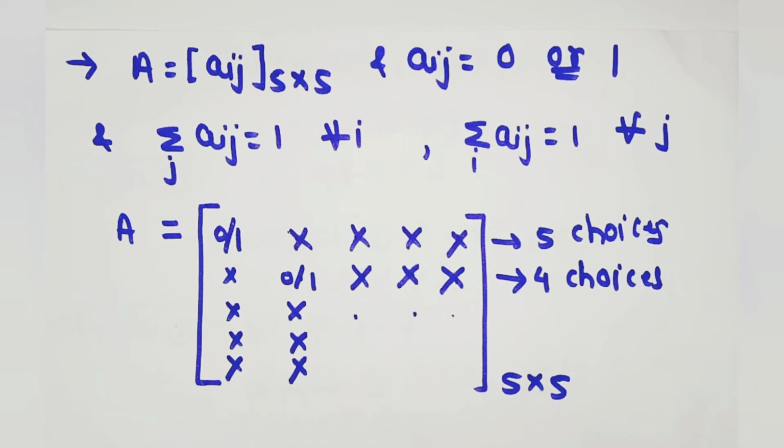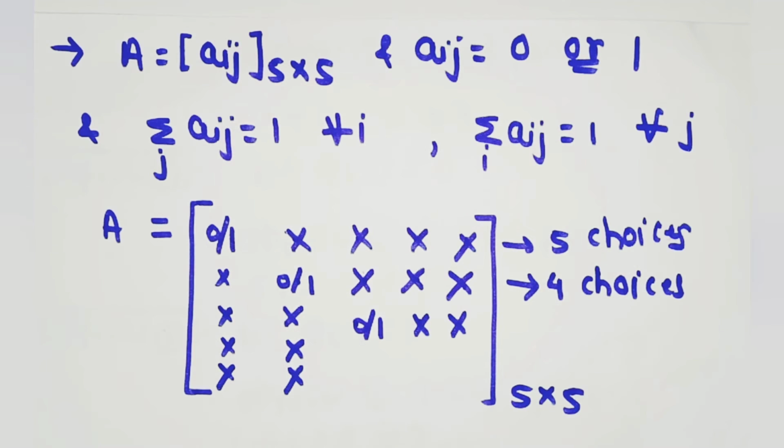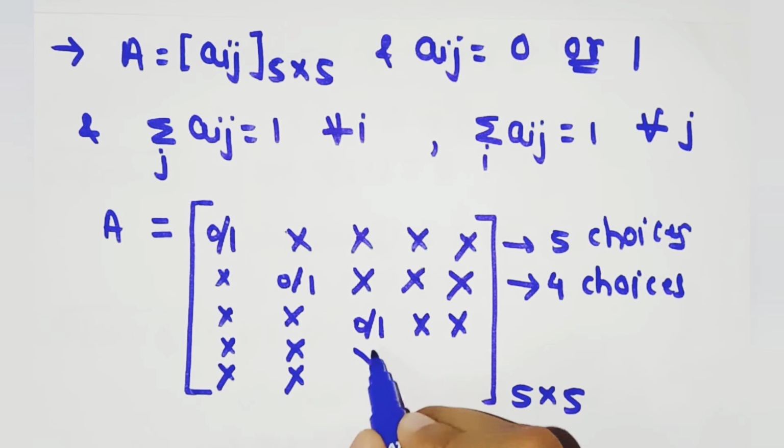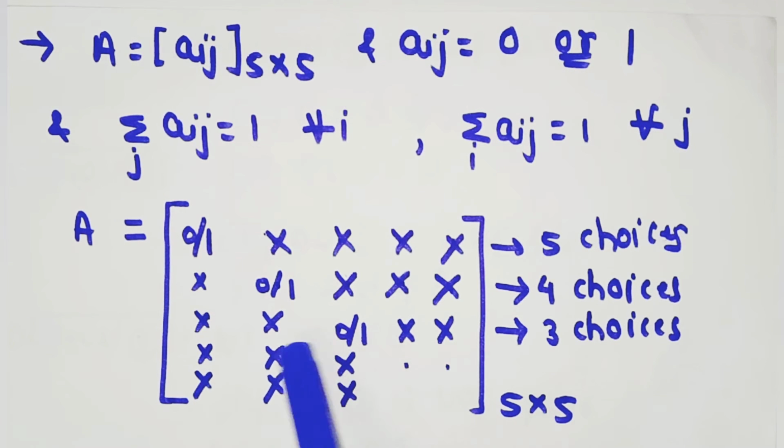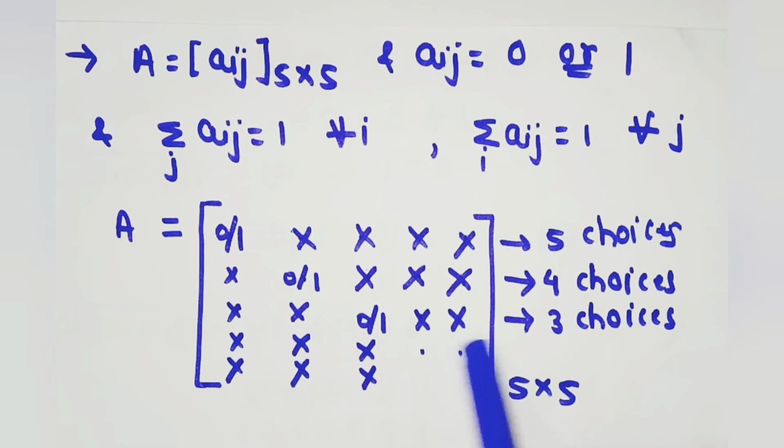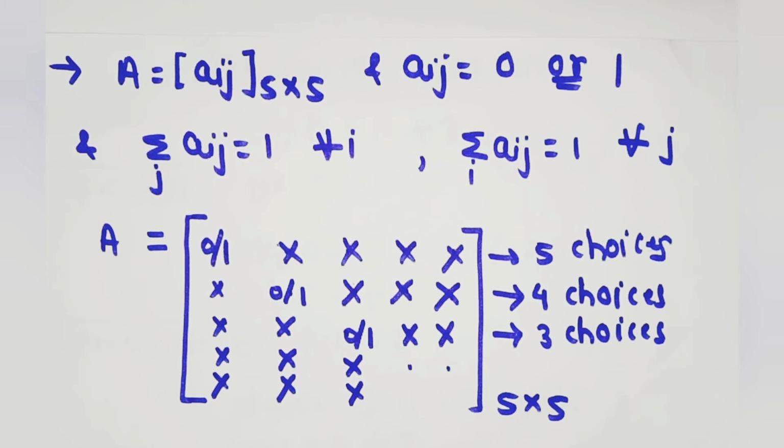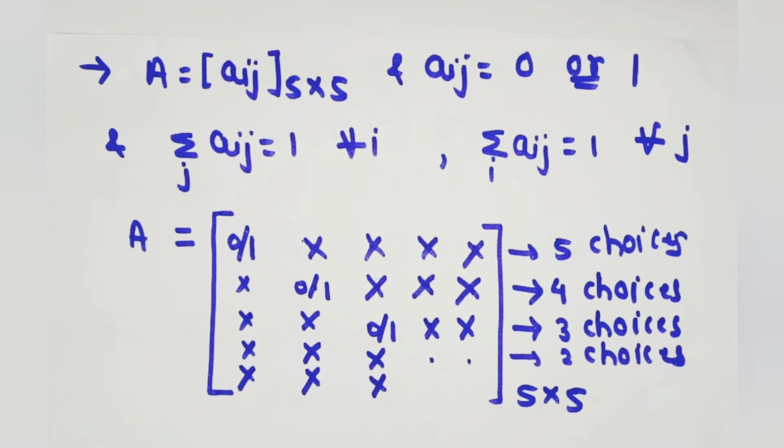Similarly, we can cancel the remaining places of the column because each row sums to 1 and each column sums to 1. For the third row, we have a total of 3 choices. If we place 1 here, we cancel the remaining 2 places. Similarly, we can cancel 2 places in the column because each row sums to 1 and each column sums to 1. Therefore, the third row has 3 choices. Next, for the fourth row, we have 2 choices. If we put 1 here, then we cancel the corresponding row and corresponding column because each row sums to 1 and each column sums to 1.